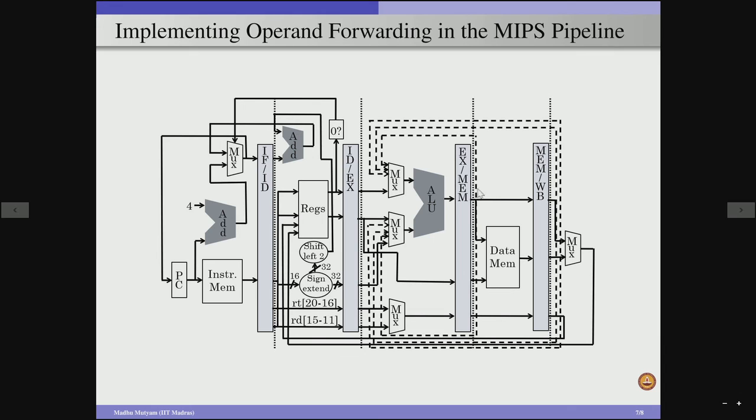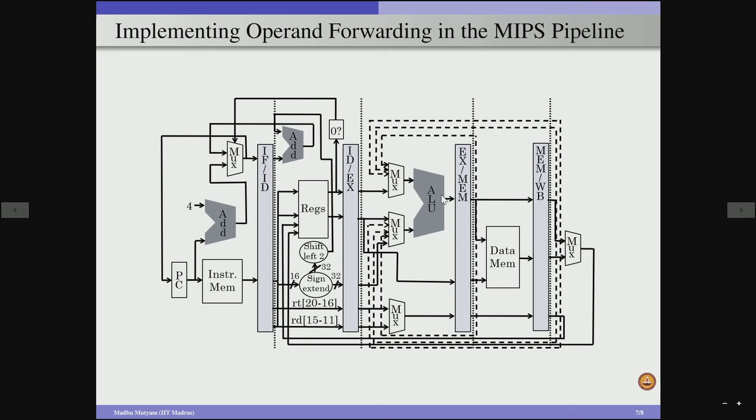And finally, in the case of operand forwarding, we can forward from this particular pipeline register back to the MUXes, so that if there is a match for a subsequent instruction which requires this particular value, then that value will be sent through this MUX, and as a result the ALU will compute the subsequent instructions without creating any stalls. And similarly, if we are going to forward the load value to a subsequent store or ALU operation, then we can forward from this pipeline register, and also this pipeline register can even forward the value that is computed from